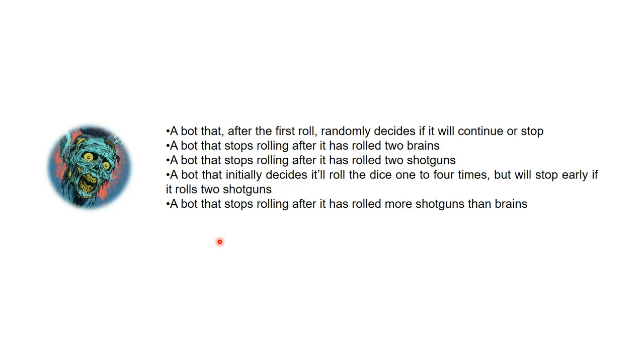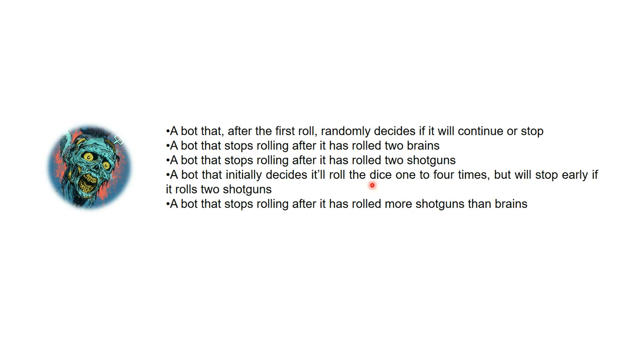Let's go ahead. What we have to do in this is create 5 classes of 5 kinds of logic, where each of our zombie bots will do a different kind of function, or will stop at a different kind of interval. The first bot will be a random bot. He will have a 50% chance, and on his mood, if he wants to continue, he will continue. If he wants to stop, he will stop.